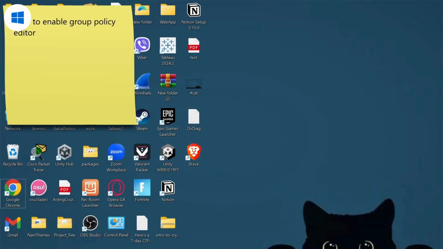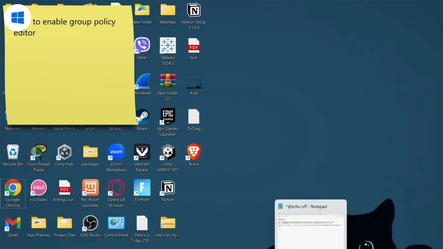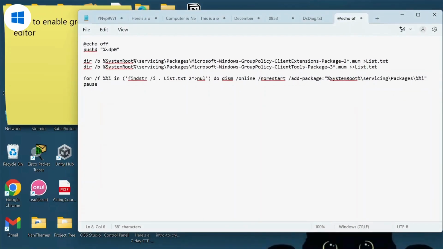So the first thing you'll need to do is open this up right here. Open up a notepad and you will need to type in these few lines of code. I'll make sure to provide this code in the description. So just put in the code, and after you type in this code in your notepad, you will need to